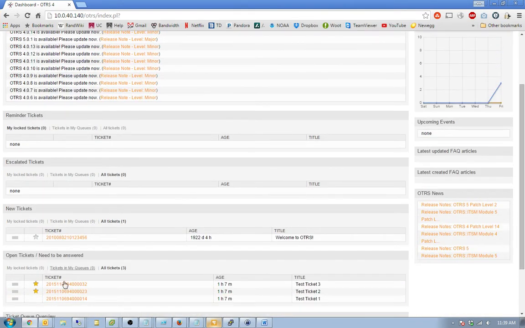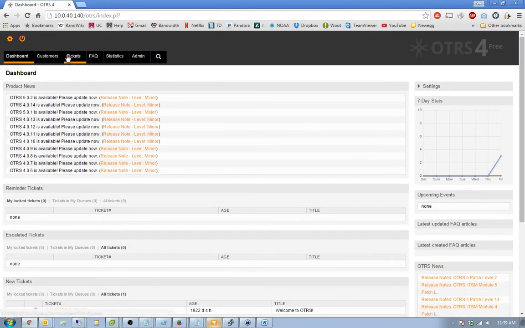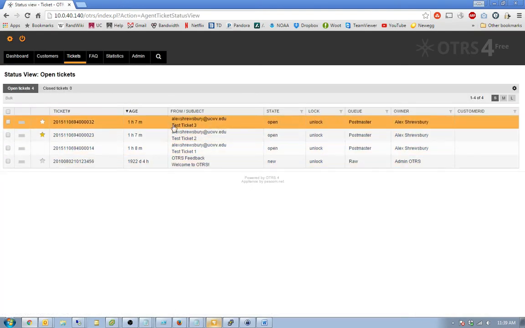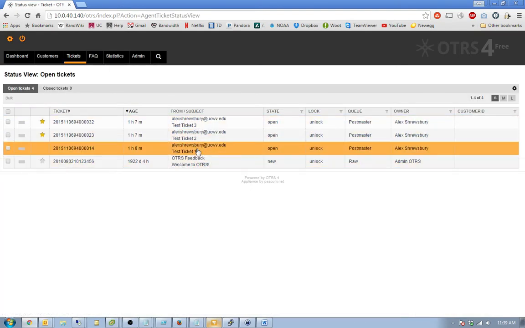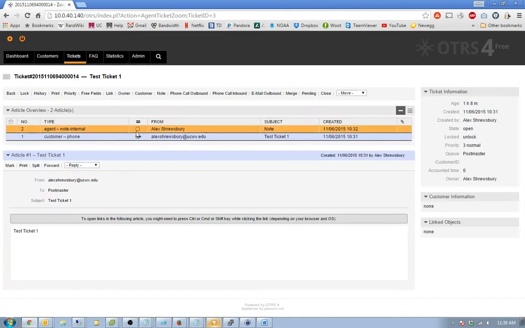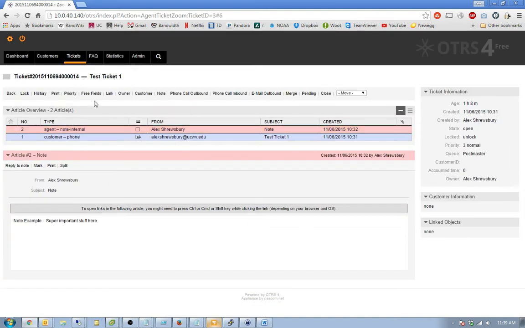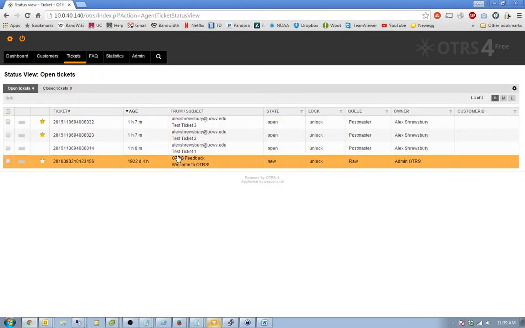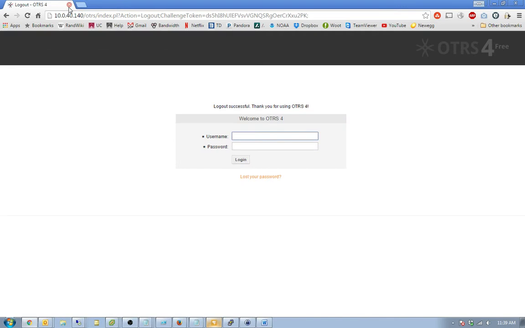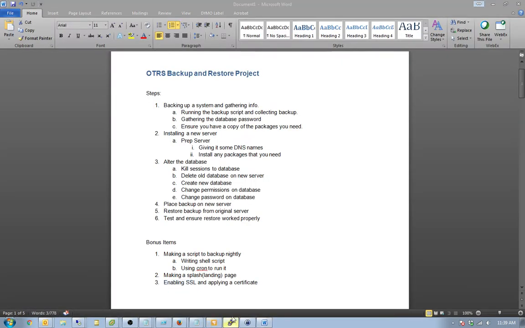And you can see I got a couple tickets. I know I'm a few versions behind. But if we go into status view here, I've got 3 tickets other than one that's in there by default, and I've got a note here. So these are the things that we'll be looking for after we restore. Do we in fact have these 3 tickets, and do we have that note in there? So I'll go ahead and log out of that, and I'm gonna grab a Putty session